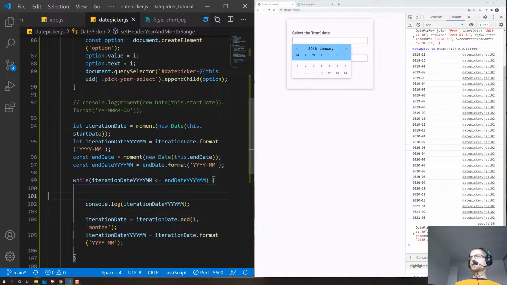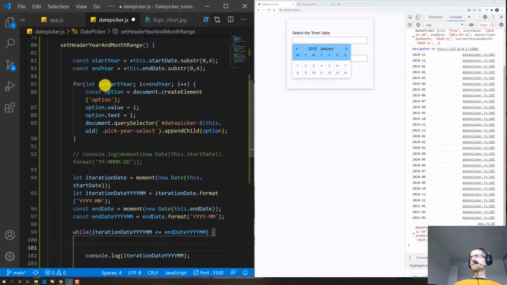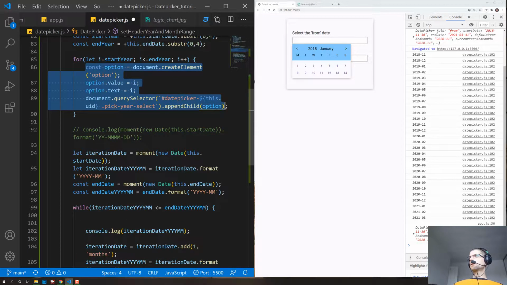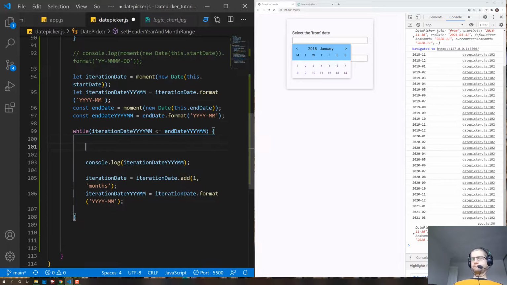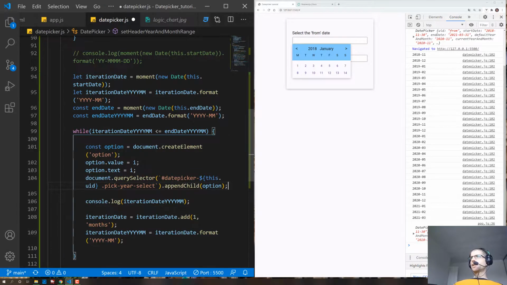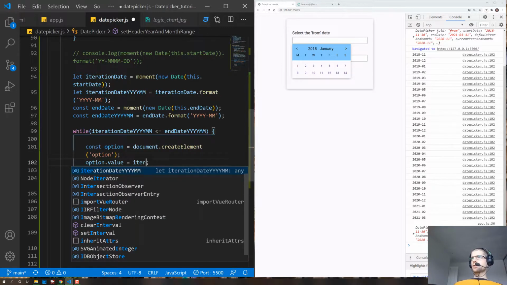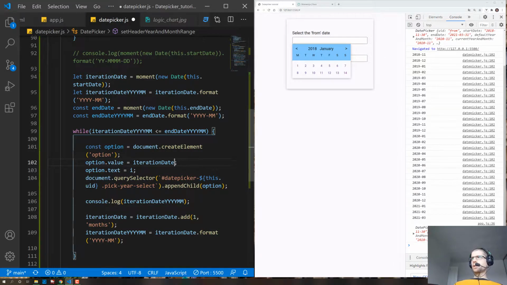And what we can do is something very similar to what we did here. Let's just grab the option creation little snippet here. We need to create an option element. That's right. Option value I. We don't have any I here, so we need to replace this with, remember, we still have access to the iteration date, and the iteration date also changes every time the while loop runs a cycle. So we can just say iteration date without the YYYYMM. So we don't need the string, we need the object. So we have access to its handy methods, and for the value we need the double-digit number,